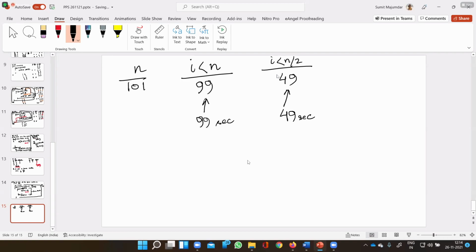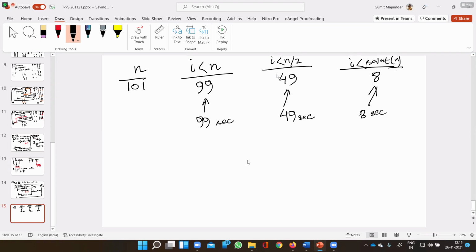Now, instead of doing this, if you use sqrt n, it will take only 8 iterations. Clear?